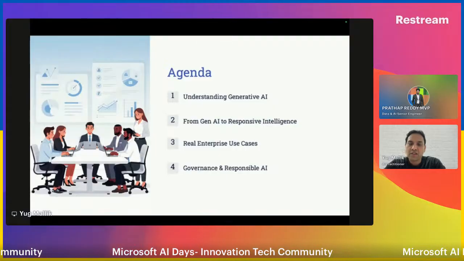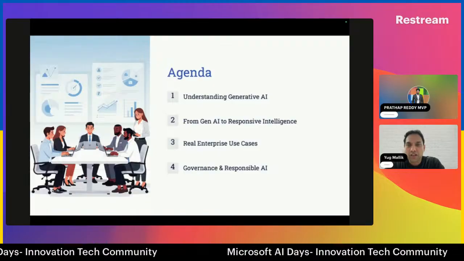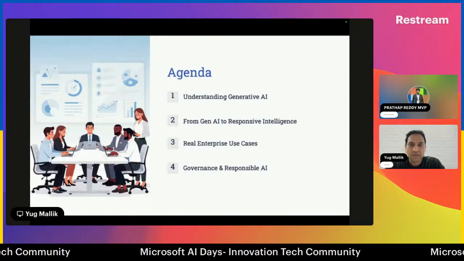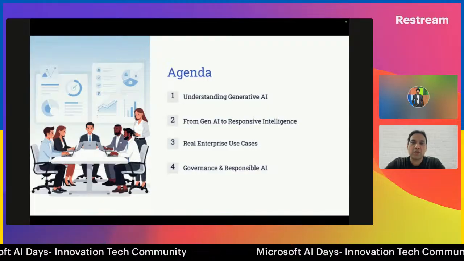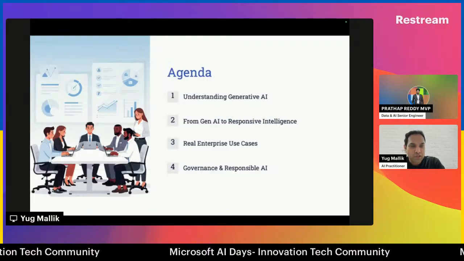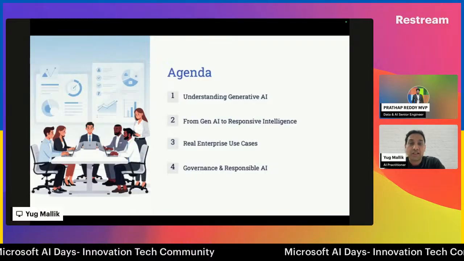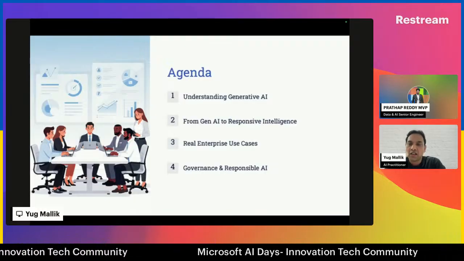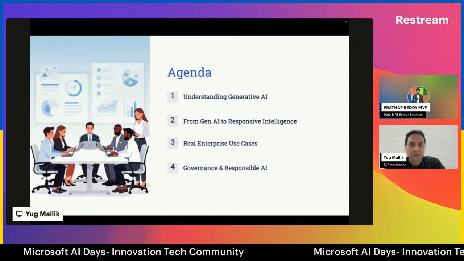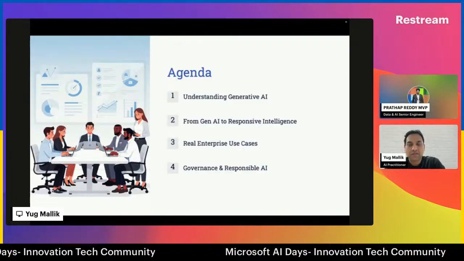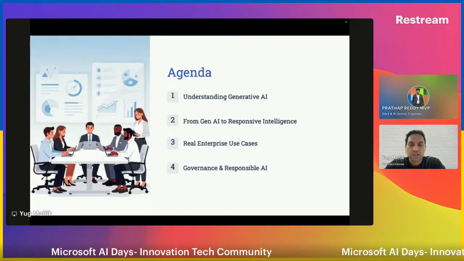In today's session, we'll mostly cover these four areas: understanding what generative AI is, and how we move from generative AI to building responsible intelligence, which is what enterprises work around. One of the use cases I've thought of is a very real-time enterprise use case we can have a demo on today.